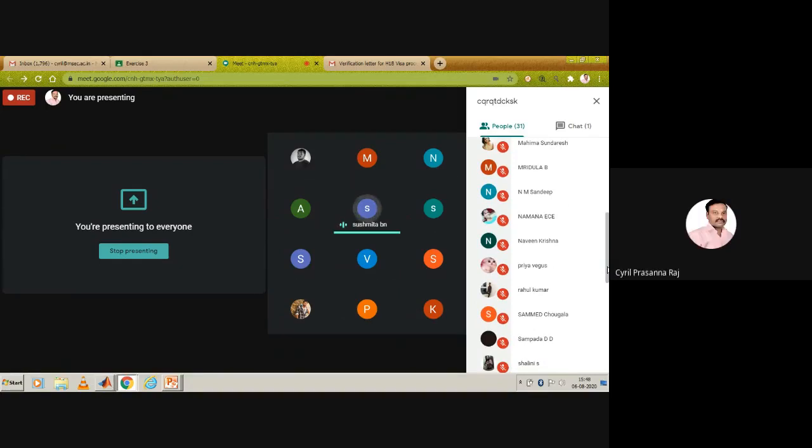Excuse me, sir. For a 2D mask, why is it 3 cross 3 and not 2 cross 3? Okay, what happens is, if you take an input image, it will be a very big size, say 512 by 512. When you run this operation on the entire image, it will take a lot of time if you take a 1 cross 3 mask, because every row and every pixel you have to keep computing.